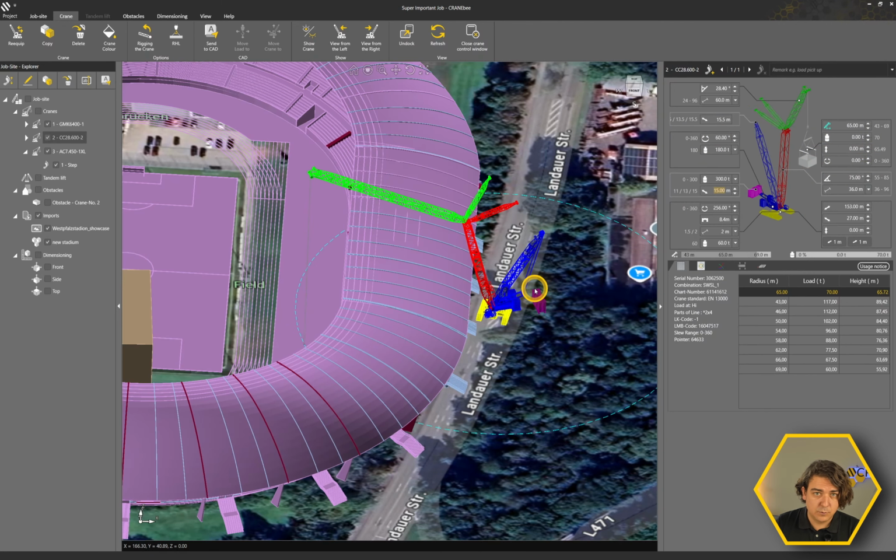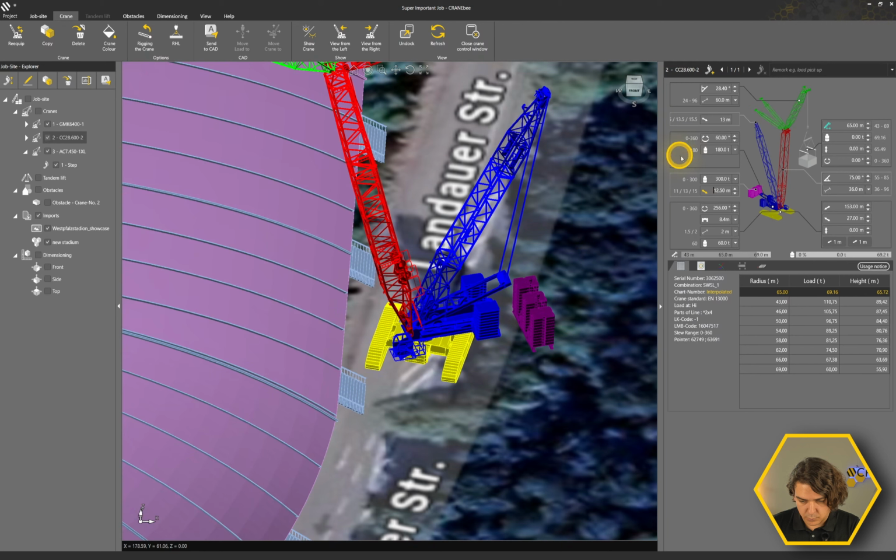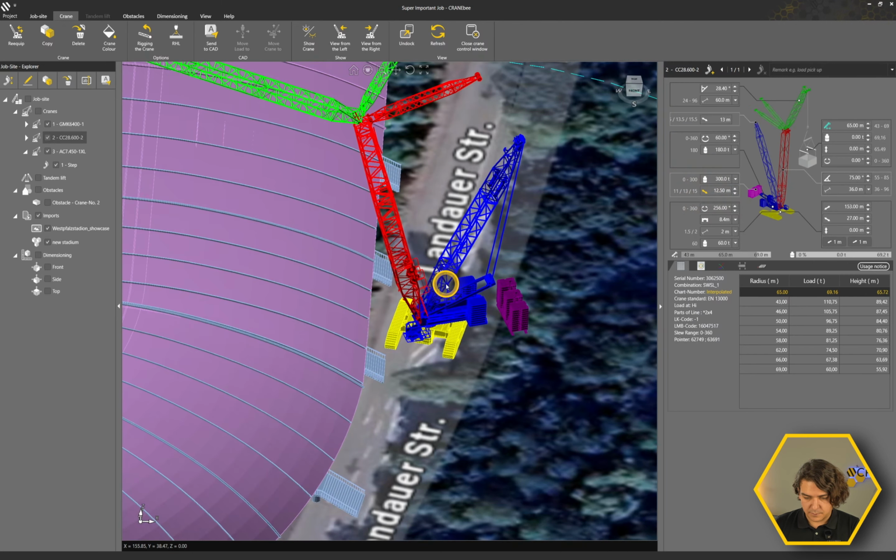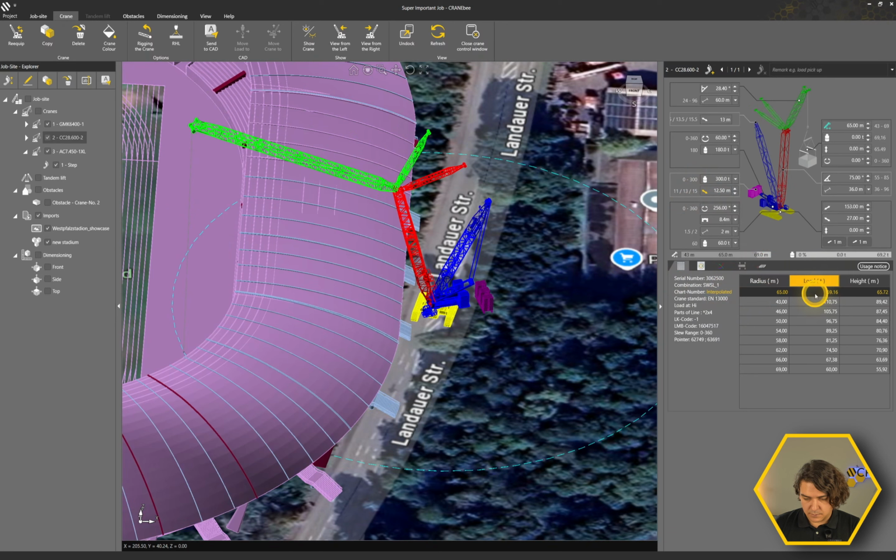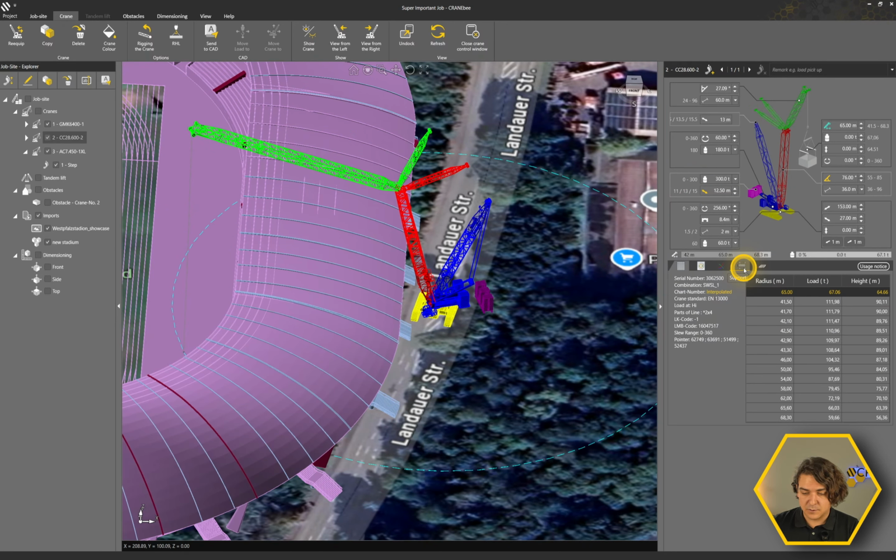Right, what we can also do with this crane in this case is that we can freely choose the counterweight radius of the Superlift. So let's put this at 12.5 meters, for example. And you see it's there. It's also golden to show it was interpolated. It's not going from any single load chart anymore. It's using more than one load chart. And this is also possible with the main boom angle.